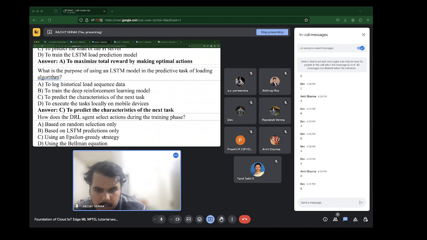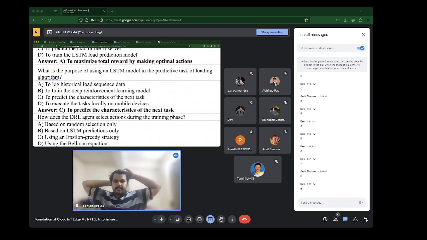So during the training phase, it does exploration and exploitation. It tries to balance this out somehow with a certain probability. So how does it do this? How does the deep reinforcement learning agent select actions during the training phase? A, random selection, B, LSTM predictions, C, an epsilon greedy strategy, or D, the Bellman equation.